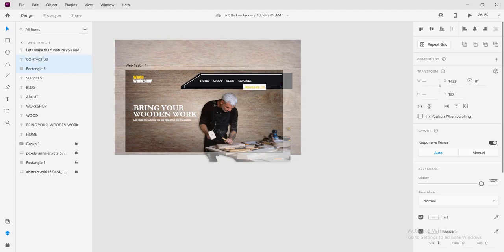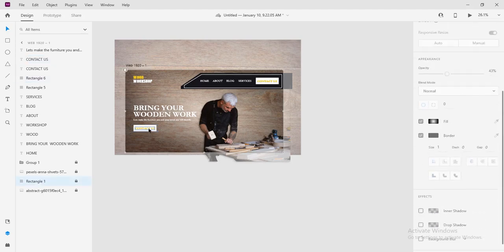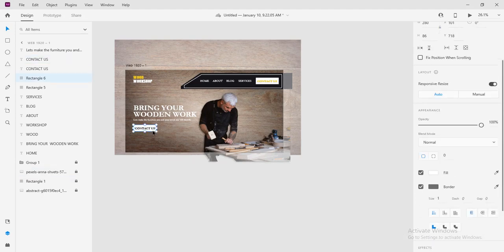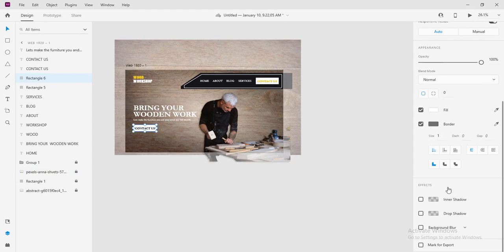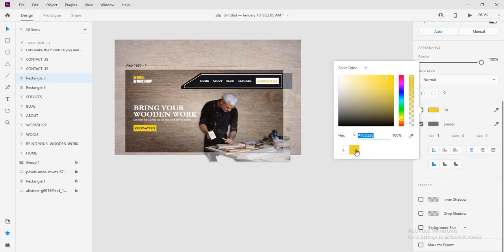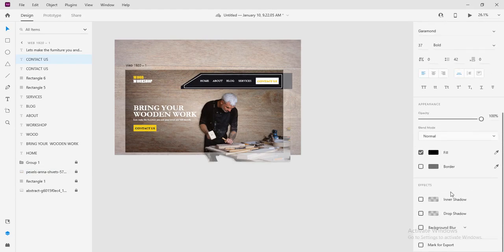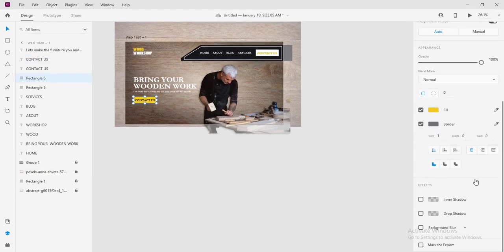Hold down the Alt key. No, Ctrl Z. Hold down the Alt key after selecting all the objects and drag them closer. Here I think I'll make this black. Make this black. The white color will be the color of the rectangle, which will be my brand color. Yeah, and the shadow here, I'm going to remove it. The shadow, I'm going to put it on the rectangle. So should be,